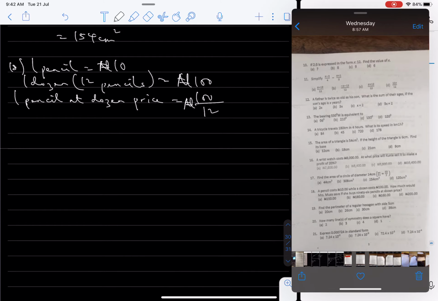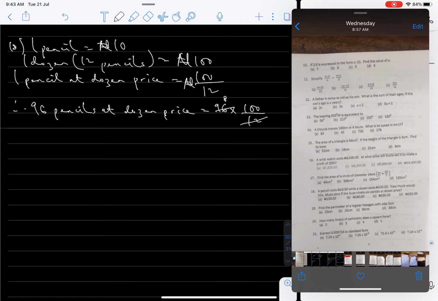Therefore, 96 pencils at dozen price is going to be equal to 96 times the cost of 1 pencil at dozen price, which is 96 times 100 over 12. So 12 here 1, 12 in 96 is 8, and that means 800